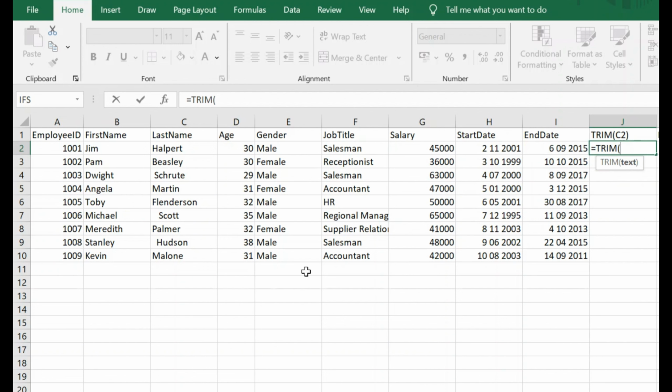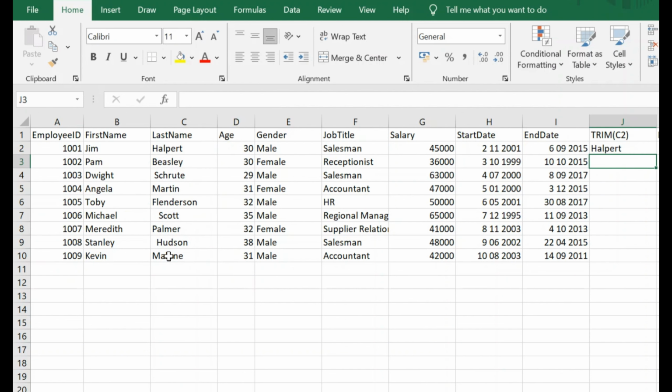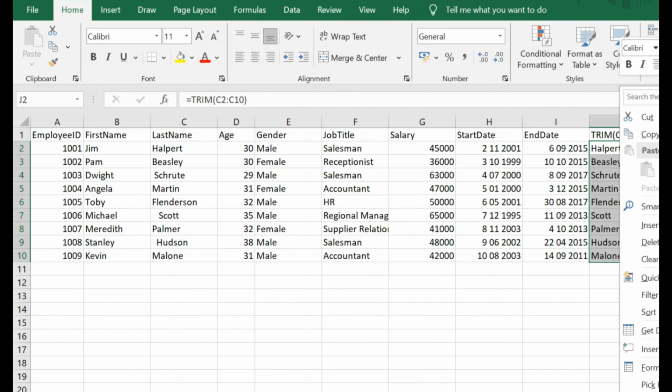You go to that column you want to trim, this one now, and highlight everything. As I have highlighted it, press enter. As I press enter, see now everything is arranged. If you compare it to this one, it is arranged. You can leave it like this, or you can copy it